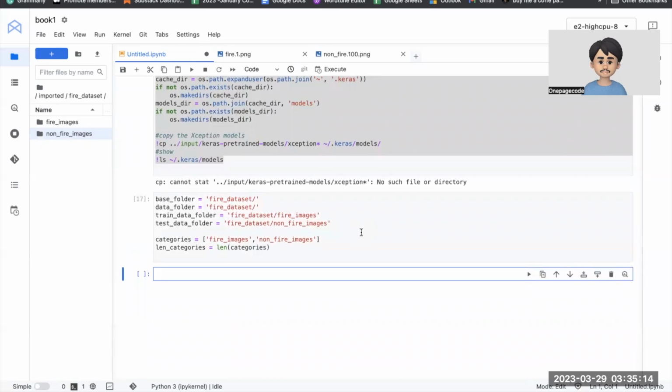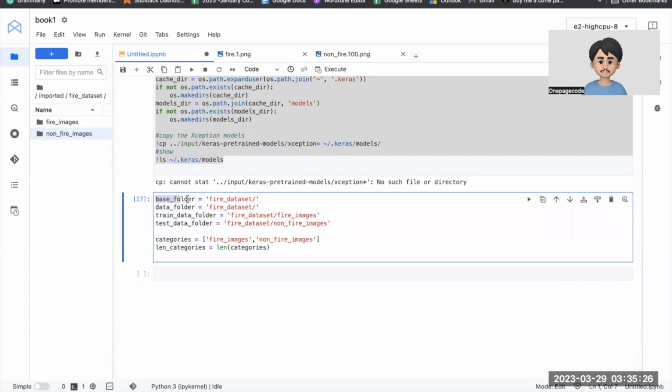This code snippet defines several directory paths related to a dataset of fire and non-fire images, and sets up a list of categories for the classification task. Here's a step-by-step explanation. Define the base_folder variable, which refers to the root folder of the dataset, located at /input/fire